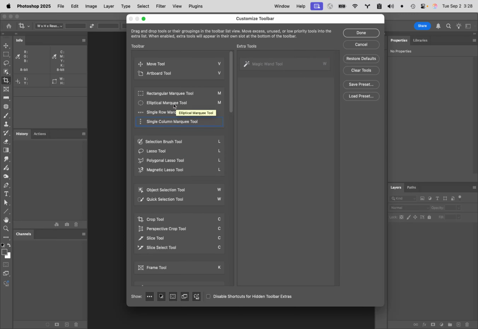You can move all of your toolbars around. If you don't ever use the artboard tool, you can get rid of it. You can put the move tool down with the crop tool if you want it. You can rearrange all of these things. That's entirely up to you. After you've completely screwed this thing up and you really can't stand it any longer, you can always click on Restore Defaults and it will go back to the way it was supposed to be. And then finally,